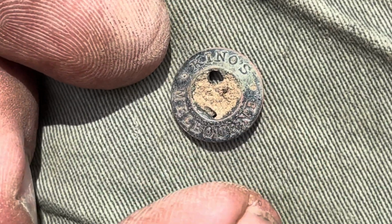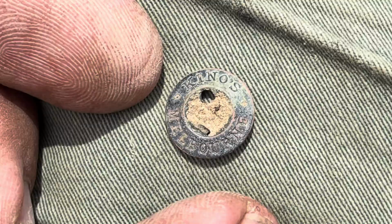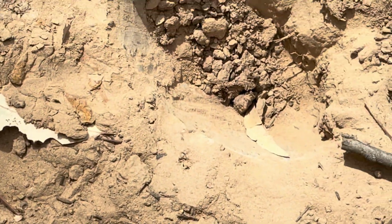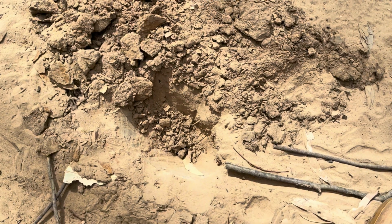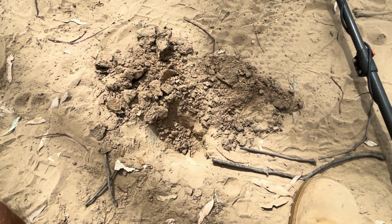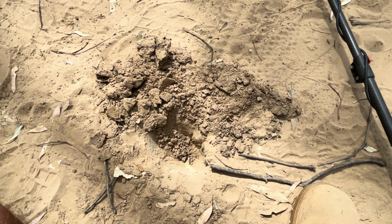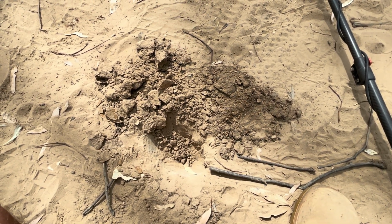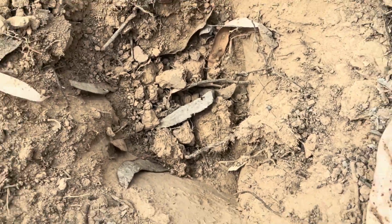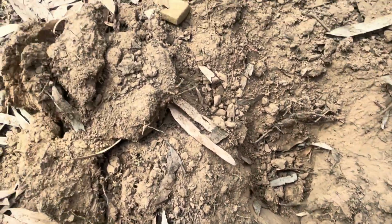Mondola Henry Kino was born in Poland in 1850 and moved to Australia and opened a tailor shop in Melbourne in 1891. He continued this till his death in 1914 when his son Edward Kino took over until the business closed in 1939. At an 18 down here, it was a fairly quiet little signal, down a fair way, and